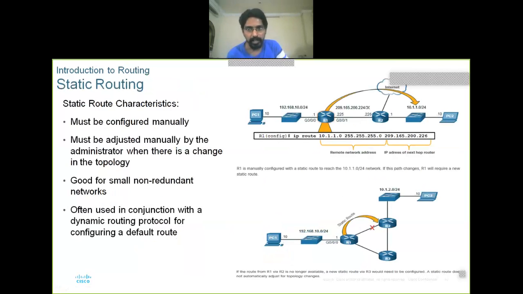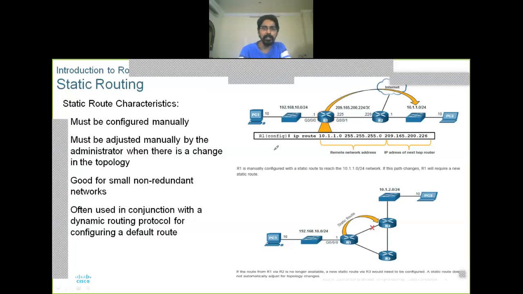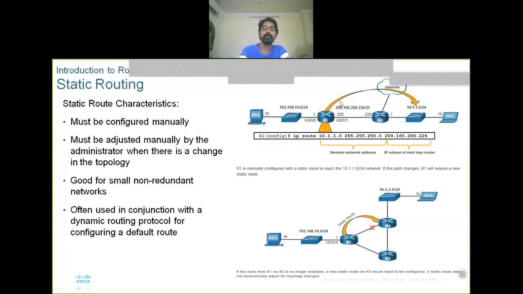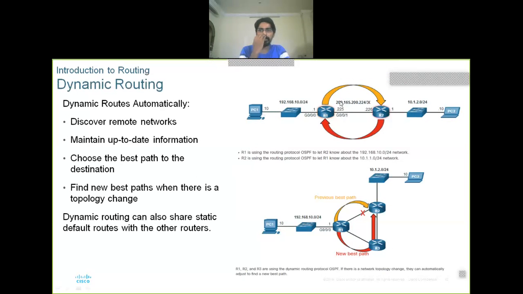Static routing. I will tell you these things in the router configuration module. In the router, like you configured an IP address in a switch, go to privileged and then configuration mode. There you will create some routes using the command ip route, followed by the route address, followed by the subnet mask, followed by the next router. This is the way we can manually create a static route. Right. Next one, dynamic routing.